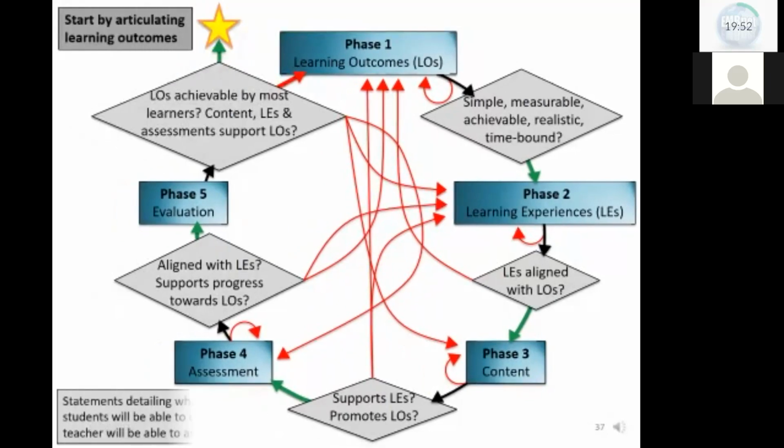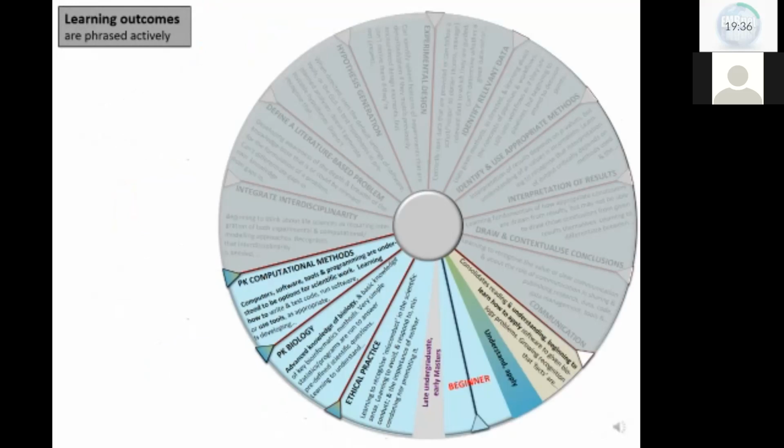So we start the course design process by articulating the intended learning outcomes. And these are statements that detail what students will be able to do and the teacher will be able to assess by the end of a course. So learning outcomes are phrased actively, articulating what students will be able to do. For instance, by the end of this course, students will be able to, and then for this course and module, appropriate beginner level: understand,